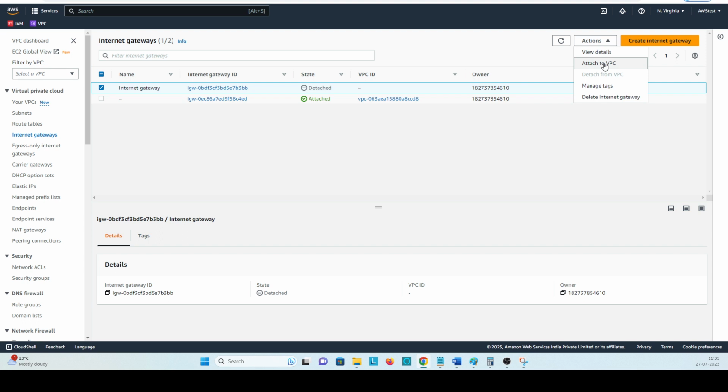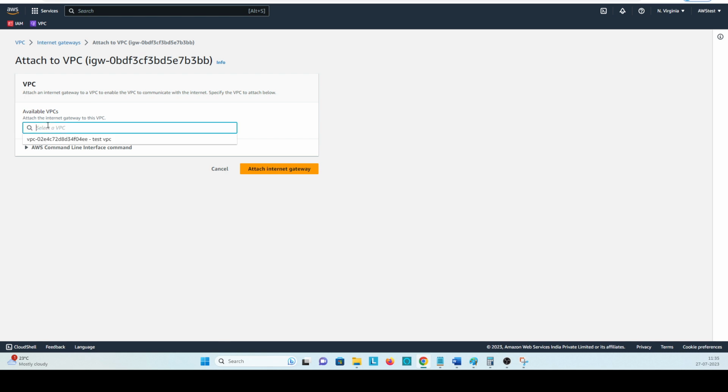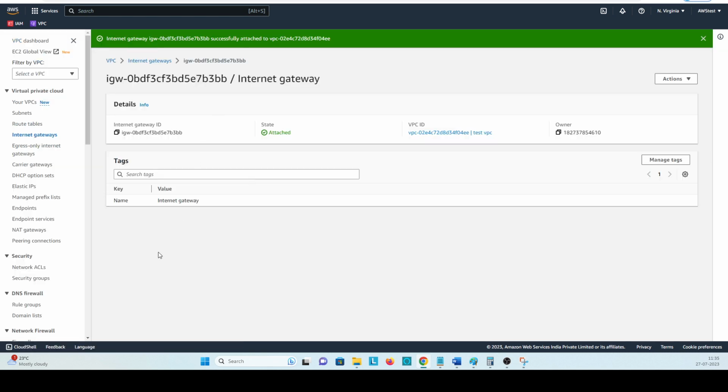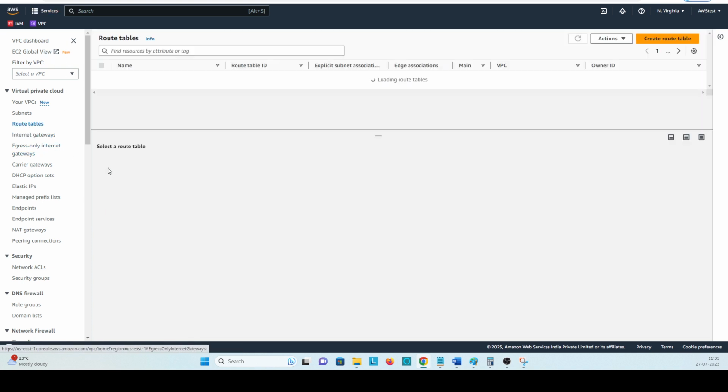Okay, this internet gateway is not attached with the VPC. First, we have to attach this internet gateway to the VPC. Then only it will be available for the subnet. Okay, so we have attached it now with the VPC, and after that we will go to route table,